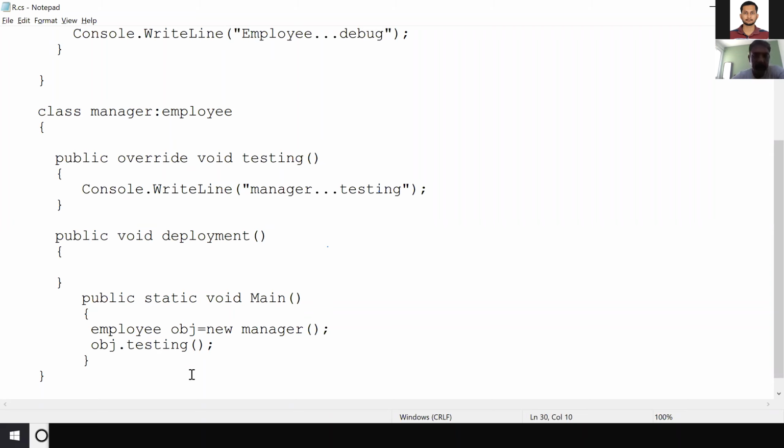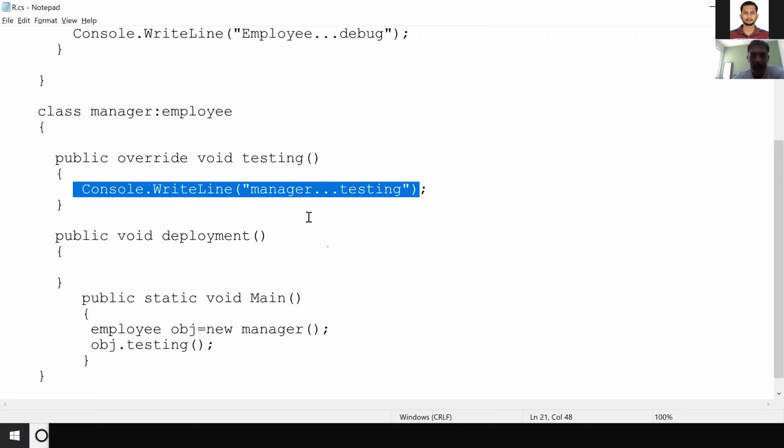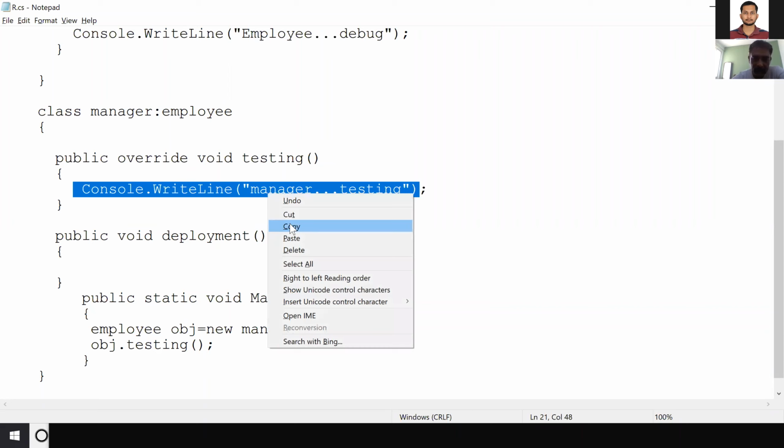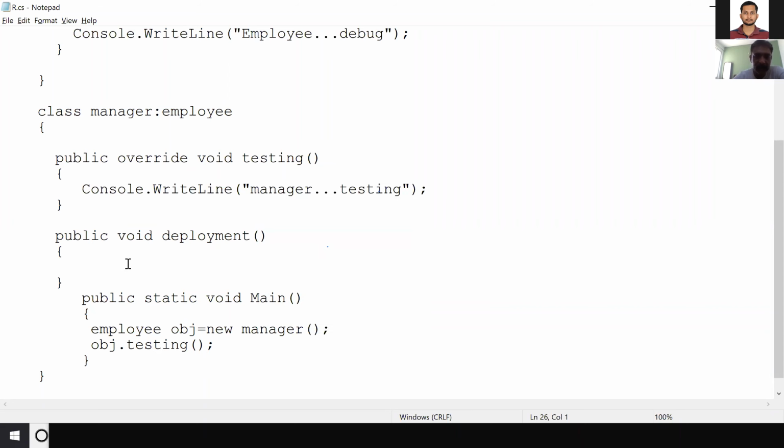And the function called deployment is an additional function for the manager class, not concerned with its base class called employee. Change message, manager deployment. He knows deployment. Now save the program. So main is closed.